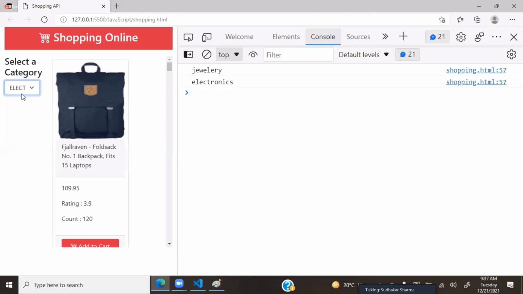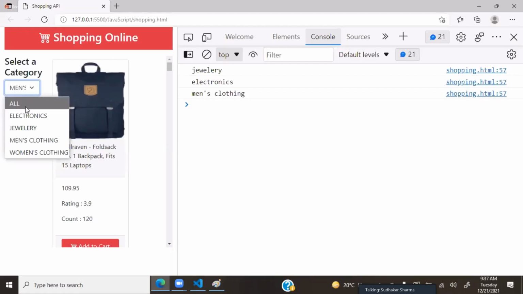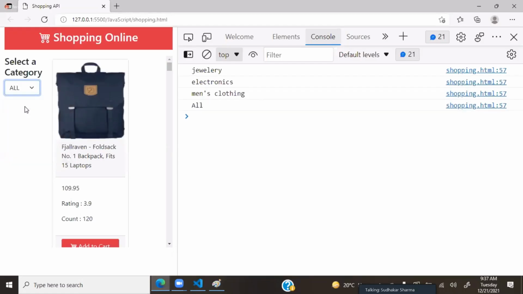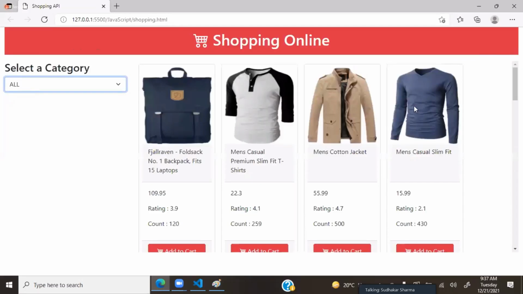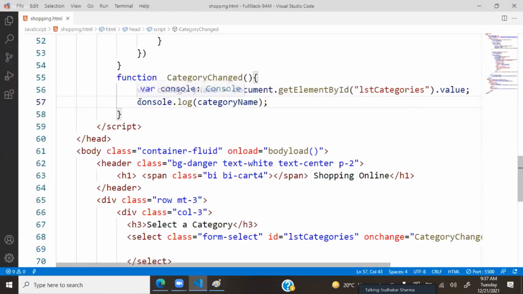Electronics, men's clothing, all working fine. For All we have an uppercase A. That is our own addition. It is not there in the API actually. Okay. So once it is verified that the category name is working successfully,